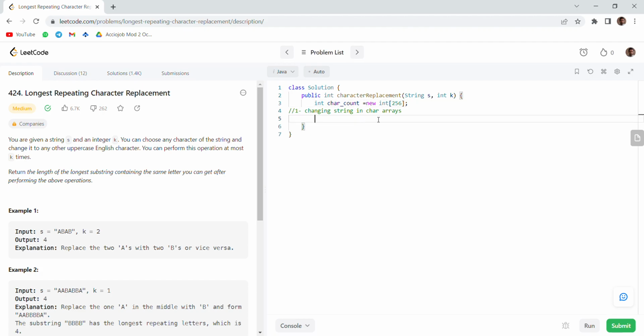Now changing the string into the character array. char array, let me call it, and now we'll be using the sliding window concept,